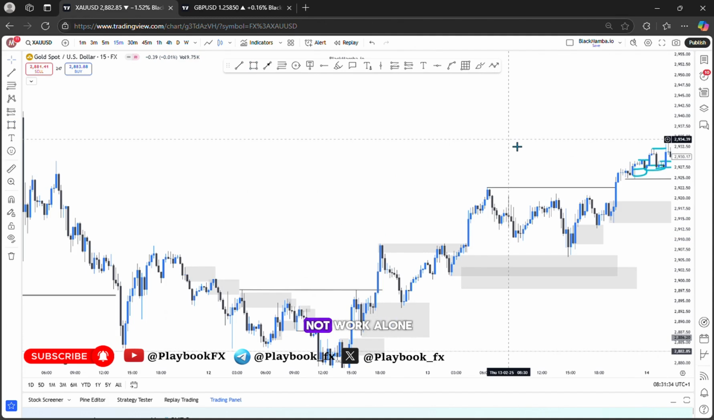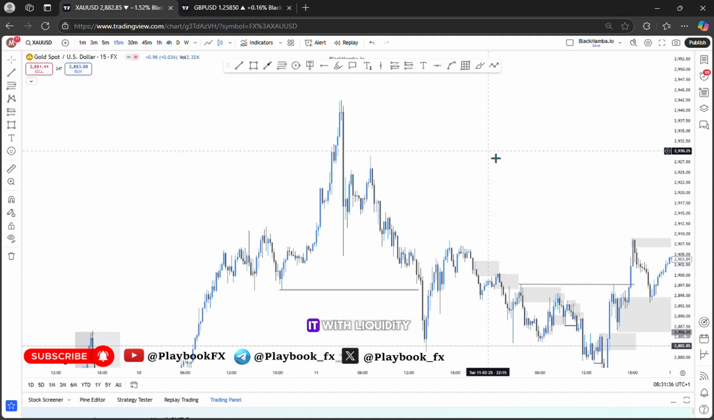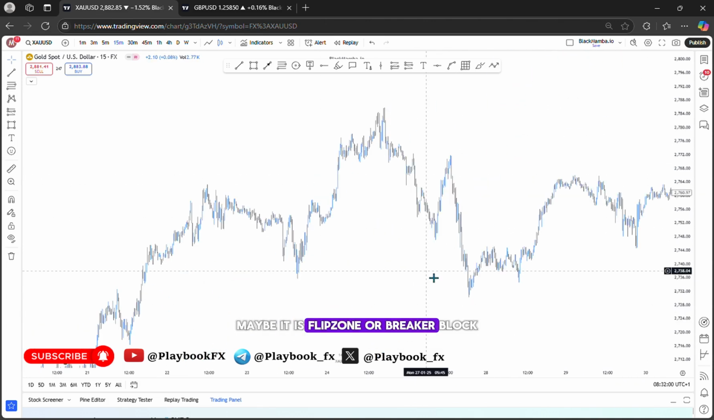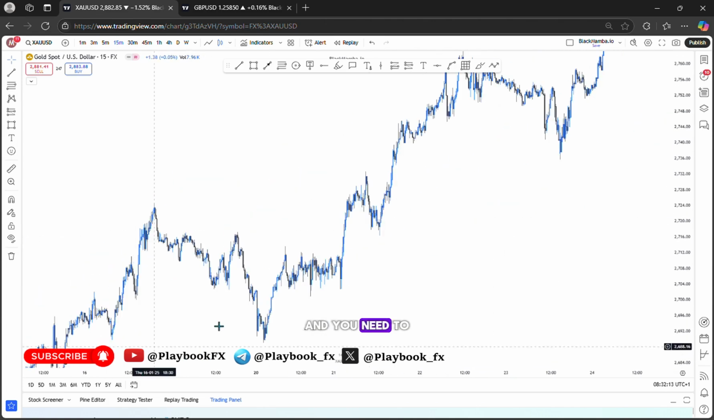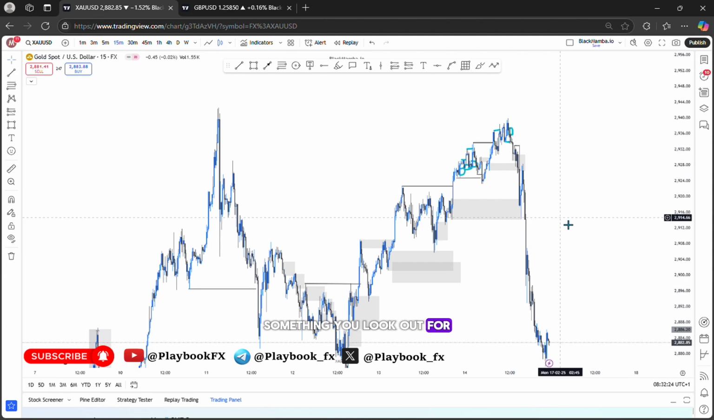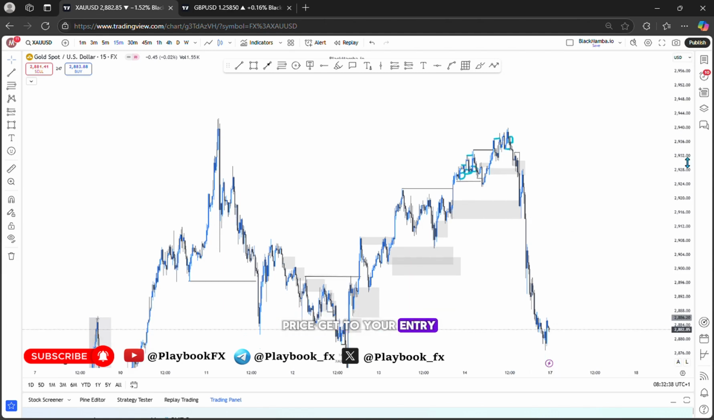Now, flip zone does not work alone. You have to combine it with liquidity, market structure, and all that before engaging in any trade, be it flip zone, breaker block, or whatever. And you need to have a confirmation criteria, something you look out for, so that when price gets to your entry, you don't just set limit. You need to see that